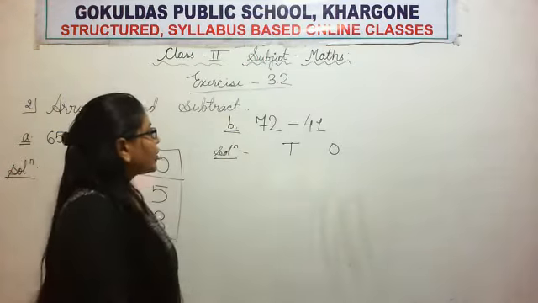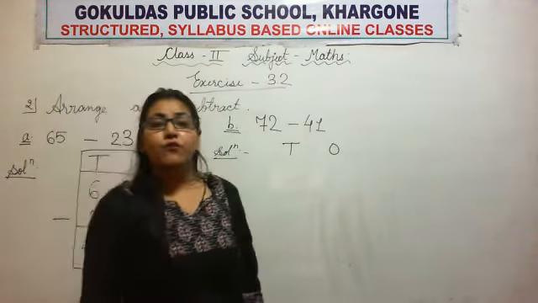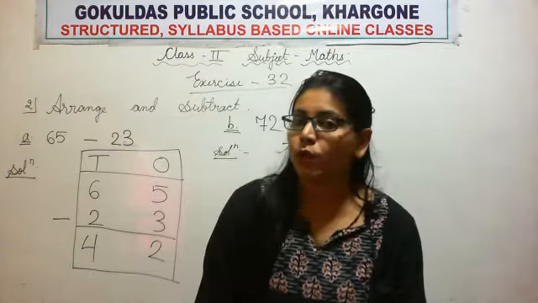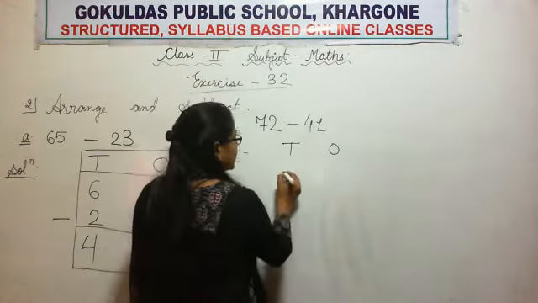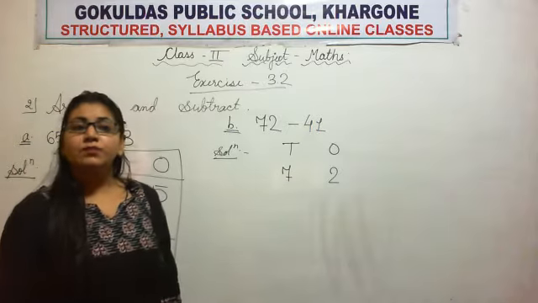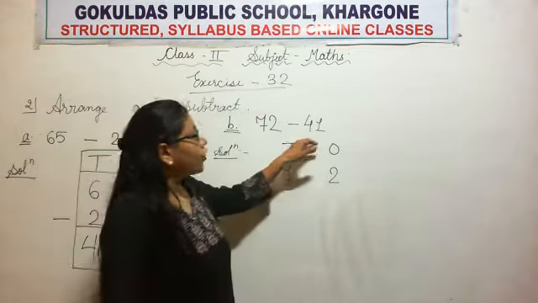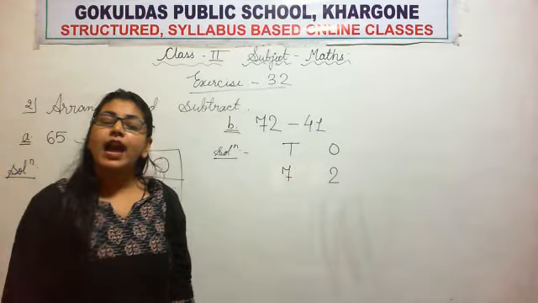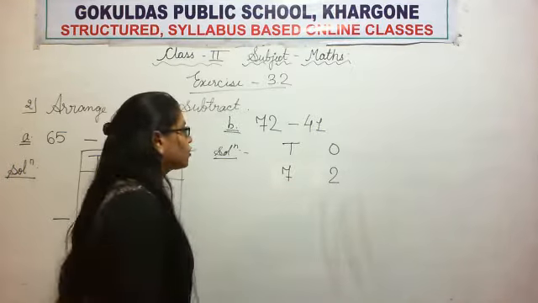Now 72 and 41, which number is bigger, 72 or 41? Which number is bigger? Very good. 72 is the bigger number. It means it is our minuend. So we'll write 72 first, tens below tens and ones below ones. Now 41. 41 is there. Now obviously it is our subtrahend. So we'll write